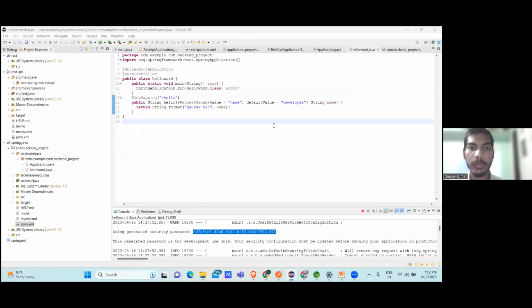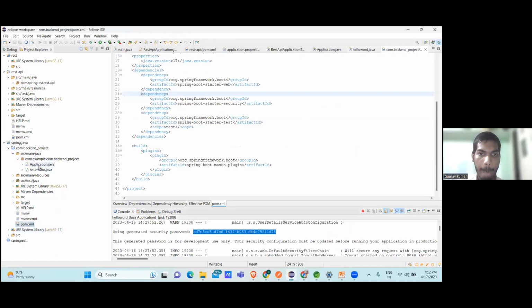So here I am showing my program, a Spring application program. Before going to execute this program, I will show an important thing. Yeah, this is the heart of the program. Here we can see I am using this security. This means if I run this program,